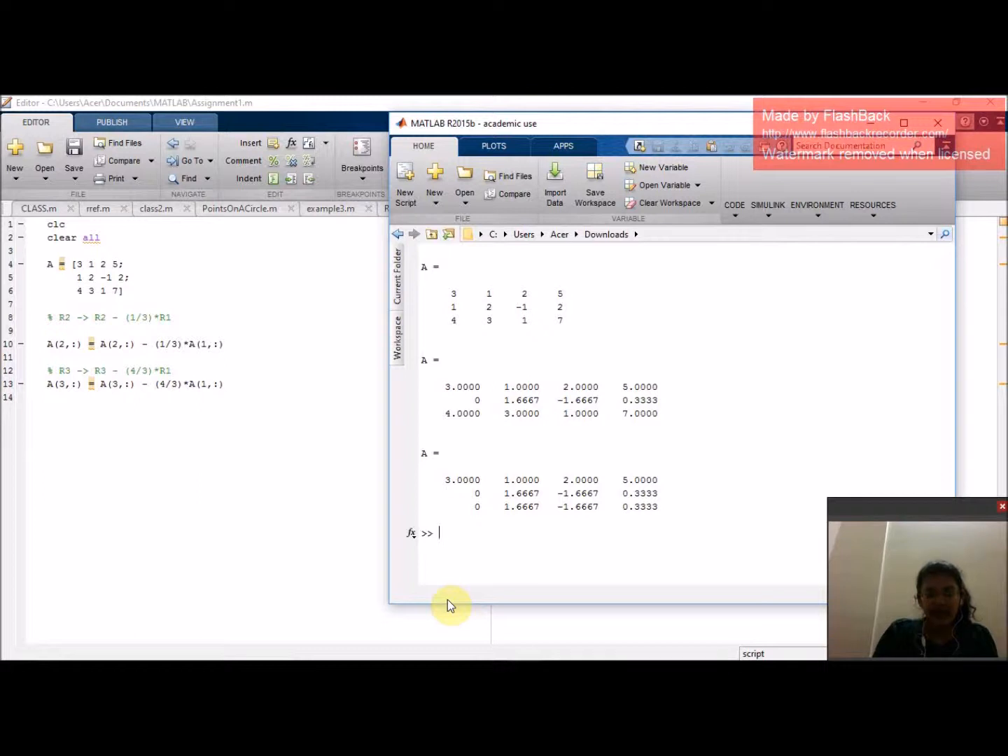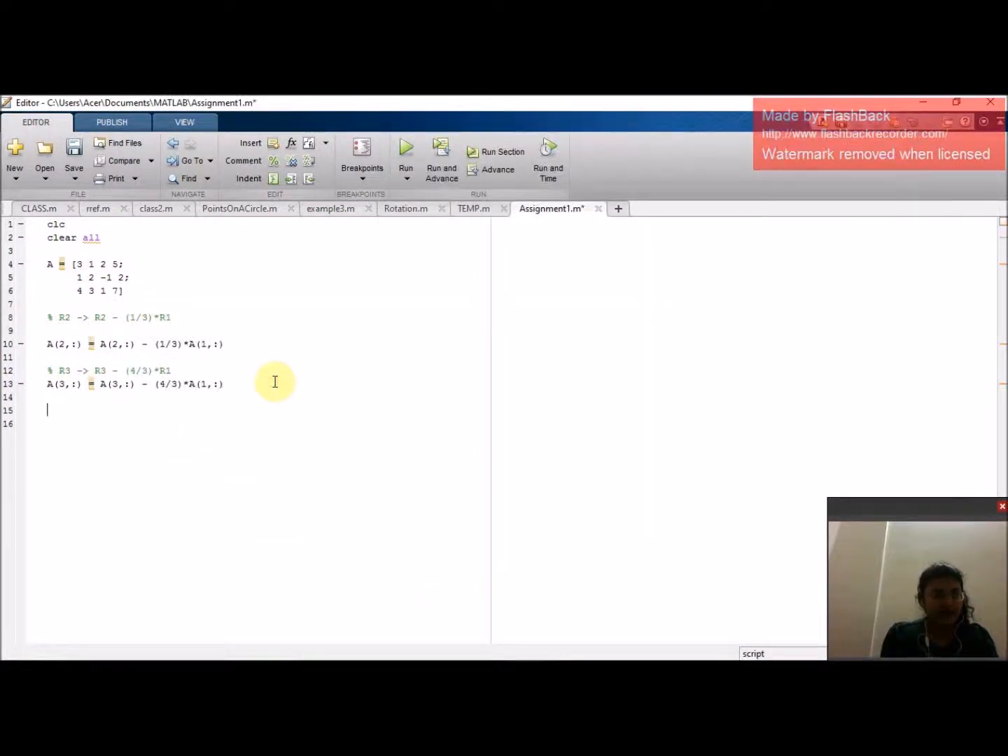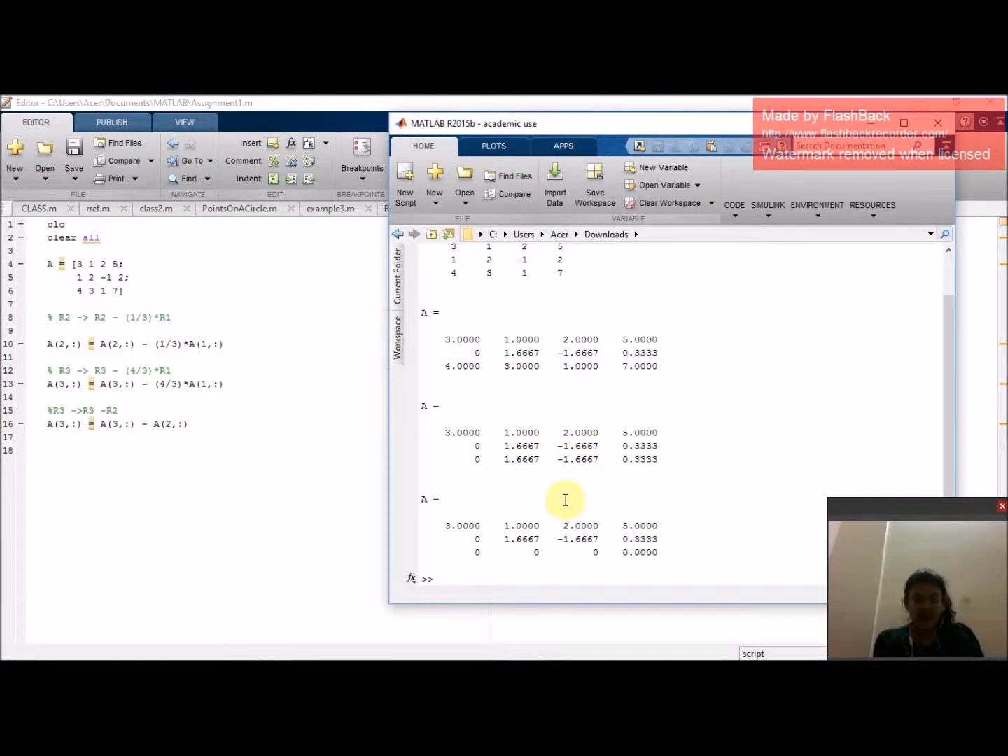Now we see that if we subtract the second row from the third row, the third row becomes 0 entirely. So let's do that. R3 becomes row 3 minus row 2. So when we run this, we see that